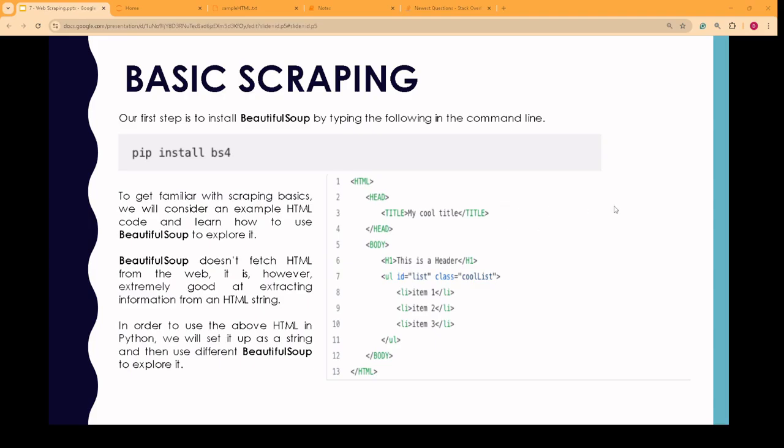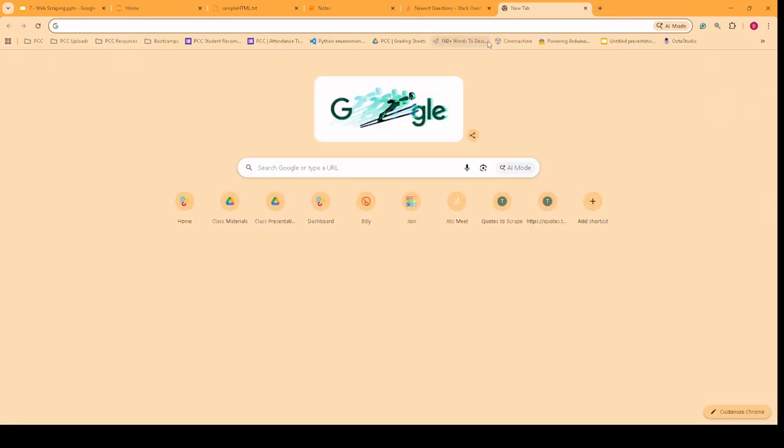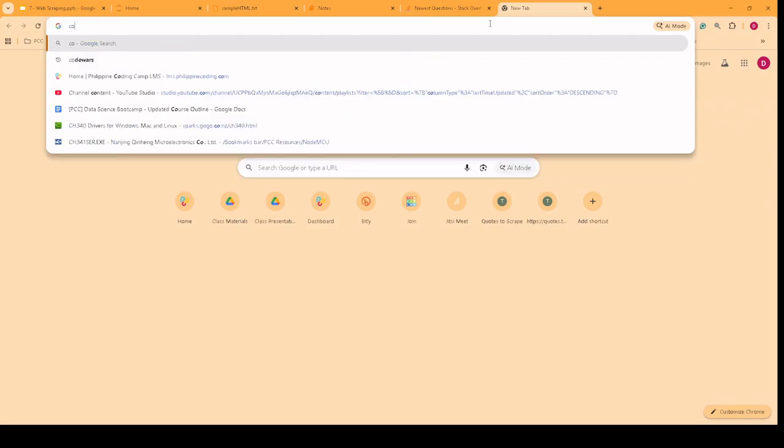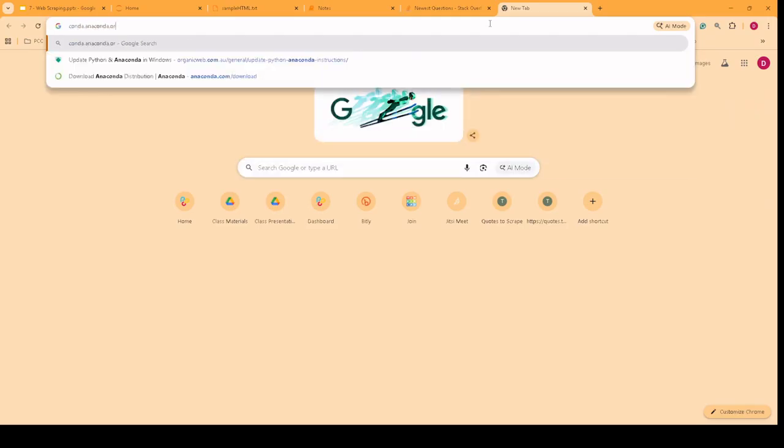But what you should be able to see is the different channels that Anaconda is getting libraries from. So by default, you will only see one, and that's from Anaconda, right? Now, I need you to add something else, a third-party provider that gives us access to all the other libraries that Anaconda does not have. Even though this is a third party, this is actually pretty safe. A lot of developers use this one, and we can use that one as well. So actually, if you go to conda.anaconda.org,